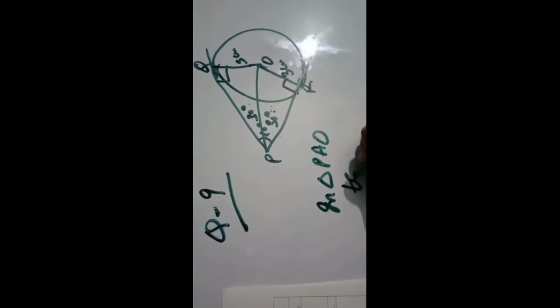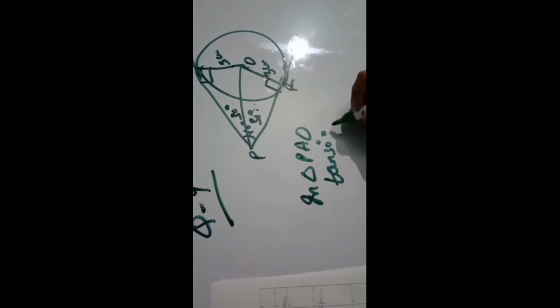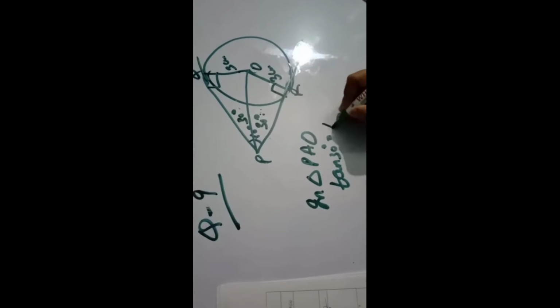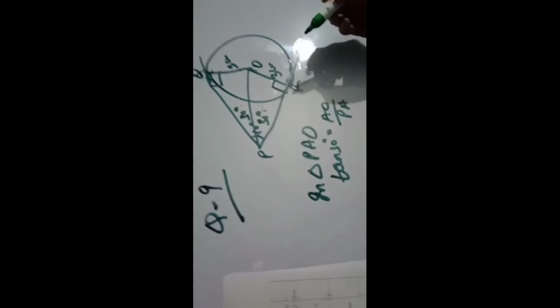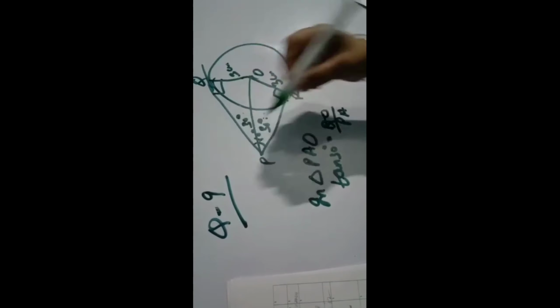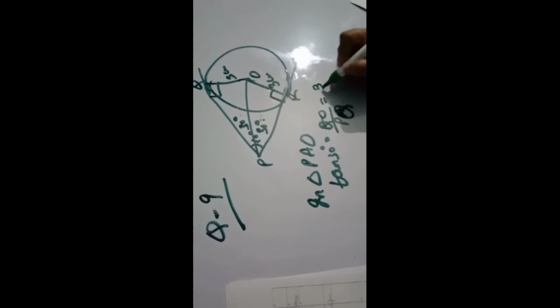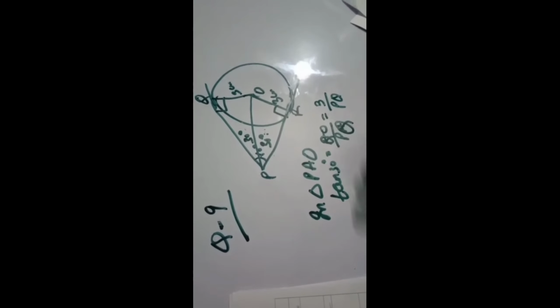Now in triangle PQO, tan 30 is equal to perpendicular over base, tan theta is equal to perpendicular over base. So perpendicular over PQ. What will come as perpendicular? QO over PQ. QO is 3 and PQ you want to find. And what is the value of tan 30? It is 1 over root 3, equal to 3 over PQ. So PQ will come 3 root 3 centimeters. So the length of the tangent will come